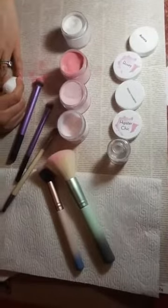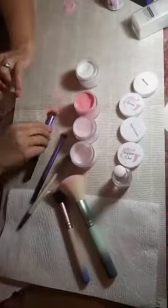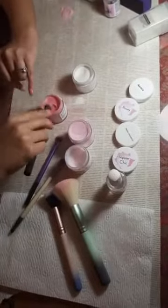So we're almost done. If you notice, we're already on number 3. We are flying through this really fast. It does not take me long to ombre. Whoopsies, we got a little bit of...